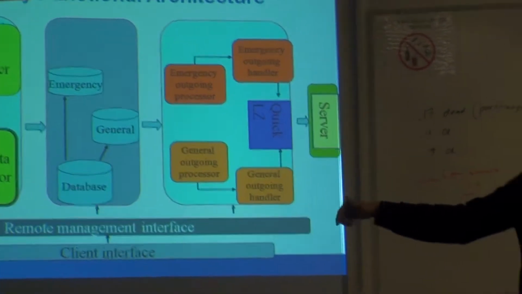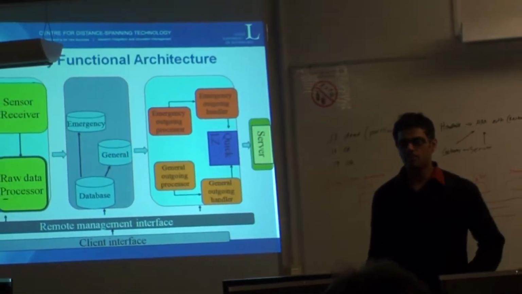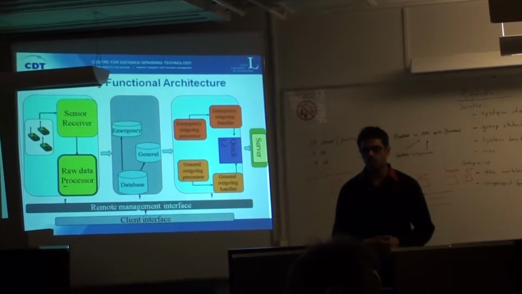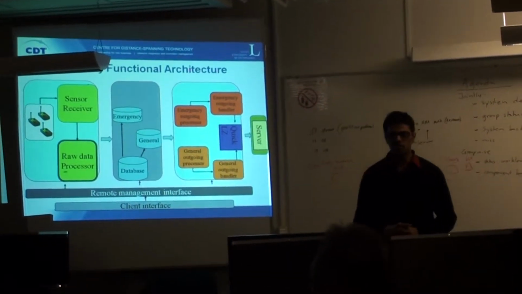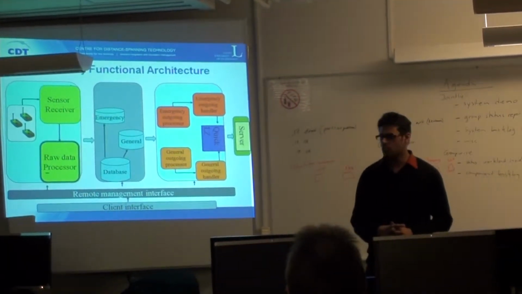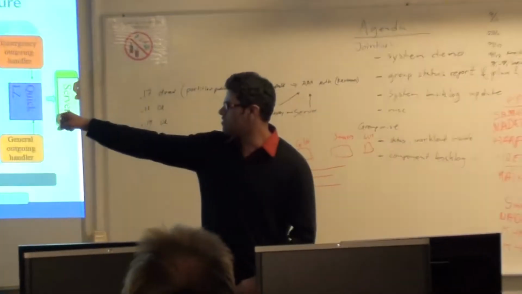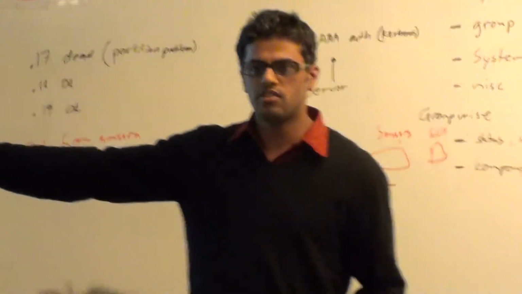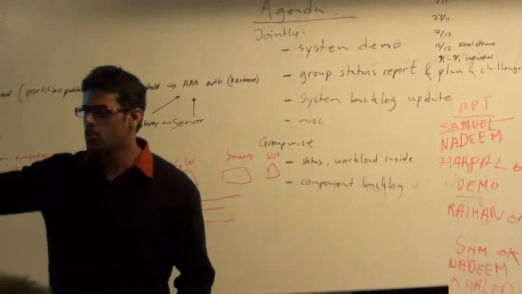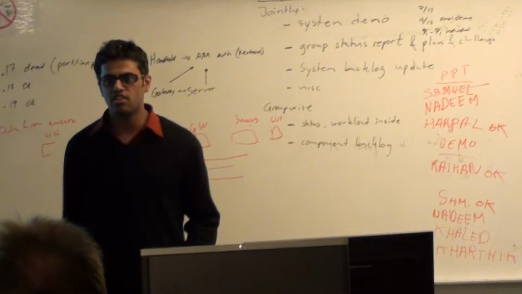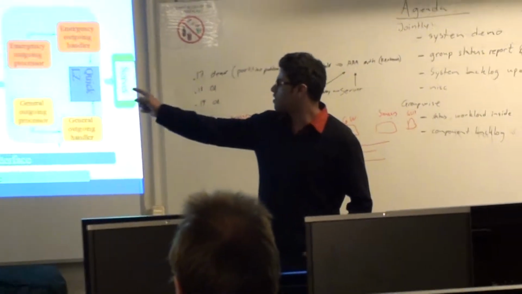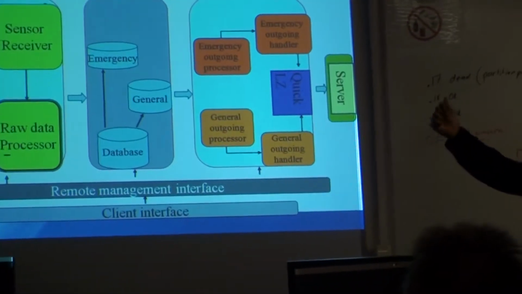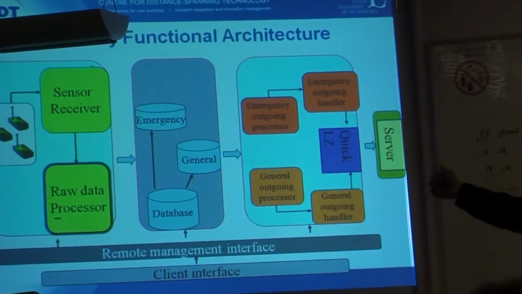This raw data is then sent to the database, and this involves two stacks here. One is the emergency stack, and one is general. So the information which is in emergency is given priority first. That data is passed to the emergency stack, and there's another one, the general stack. We have two processors which can process the information from these stacks. If there is information in the emergency stack, it takes care of that. The processor takes the information and then sends it to the server. And if there is no data in the emergency stack, we can also make use of the general.